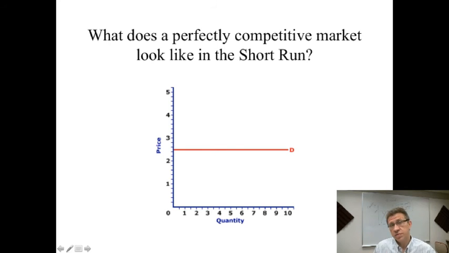Well, given that we know that consumers are well informed, if the firm tried to charge $2.75, it might be selling 8, 9, or 10 units at $2.50. If it tries to sell it for $2.60, just a little bit higher, it now will sell nothing. It will go from selling as many units as it wants to sell to having a quantity demanded of 0 based on the price they're trying to charge. So the firm's demand curve, if they try to charge any more than the market price, they'll sell nothing. So once again, the decision's on the price.